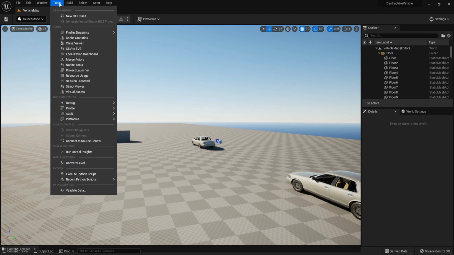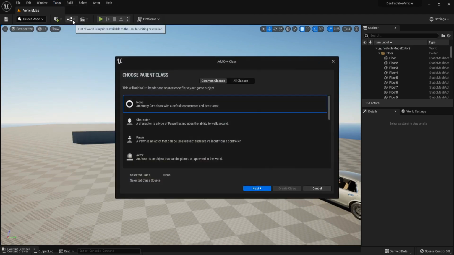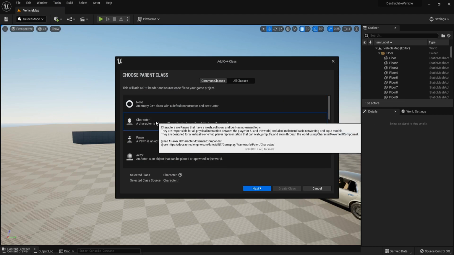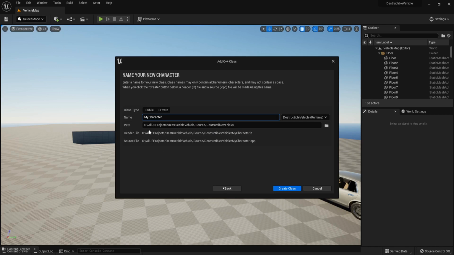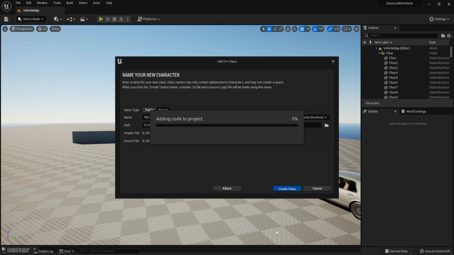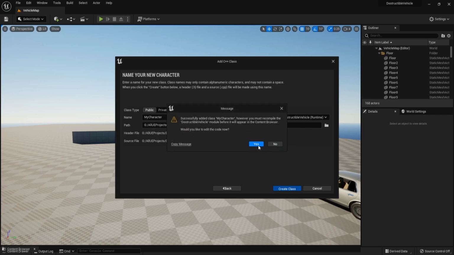So go to Tools, New C++ class, choose Character, Next, and Public, and then create class. And click OK. Yes.